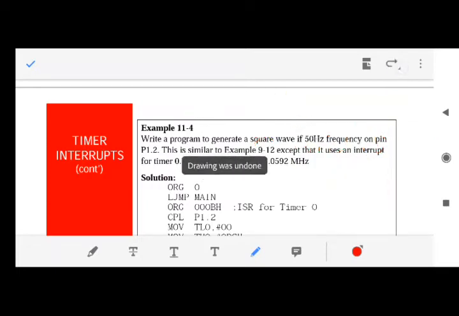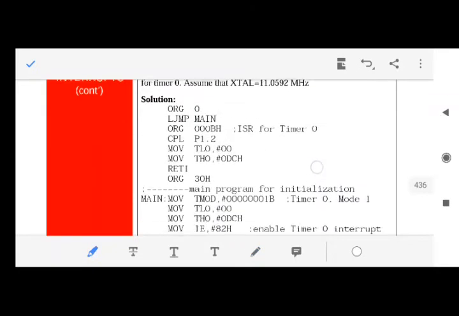But this is not just one line. You have to make timer 0 an interrupt. Fine. So you have to load some value to the timer 0 register. It will keep on counting. And how do we know what value needs to be loaded? For this course, for this syllabus, we will take any value, but in a real example we have to take the value as per the frequency. But we will not go deep into that, so we'll take any value.